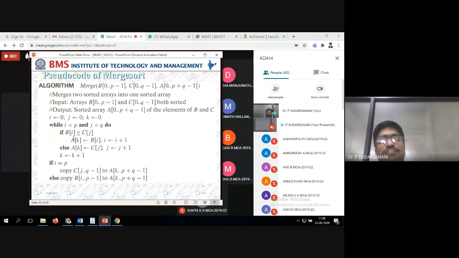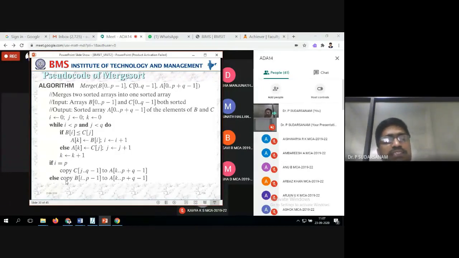So if A of i is less than A of j, we have written here B of i is less than B of j, so that will be copied to A of k. The first location will be copied, else the second location will be copied, and correspondingly the values are incremented. But we have written k increment only once in each branch, whereas here they have done it separately after finishing this. So whichever way you want, you can write it.